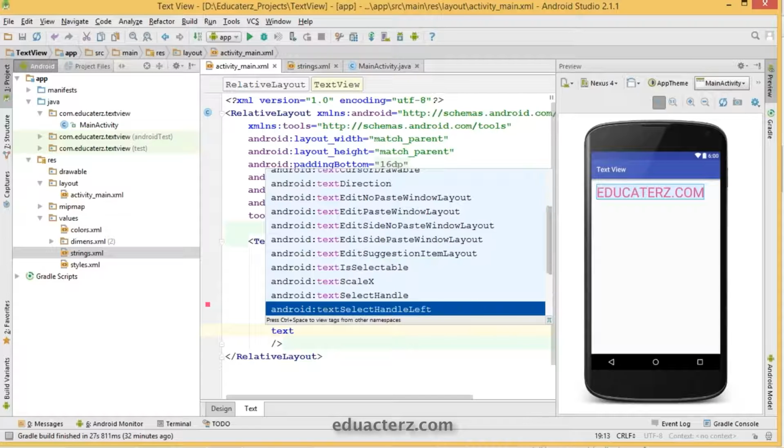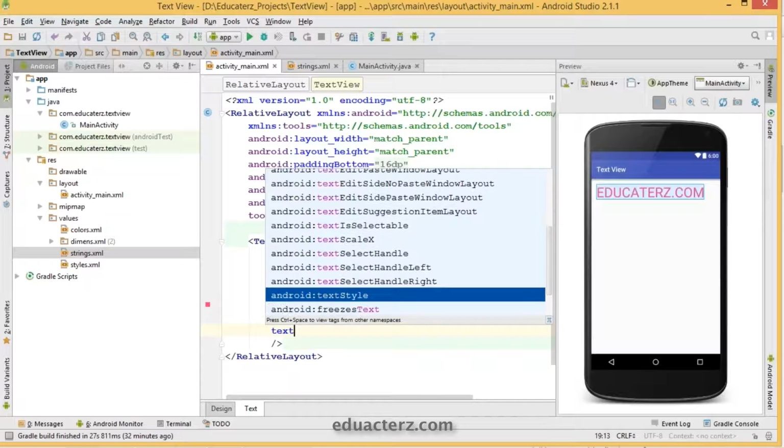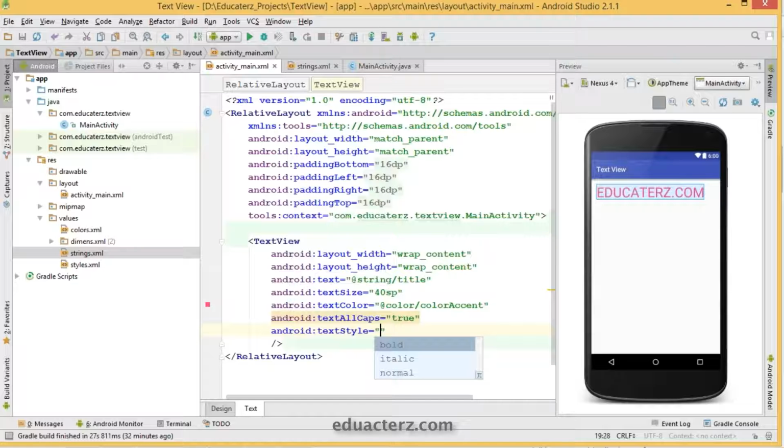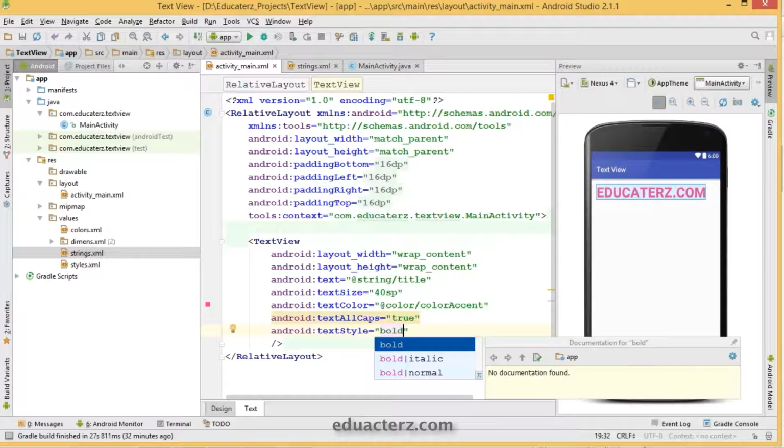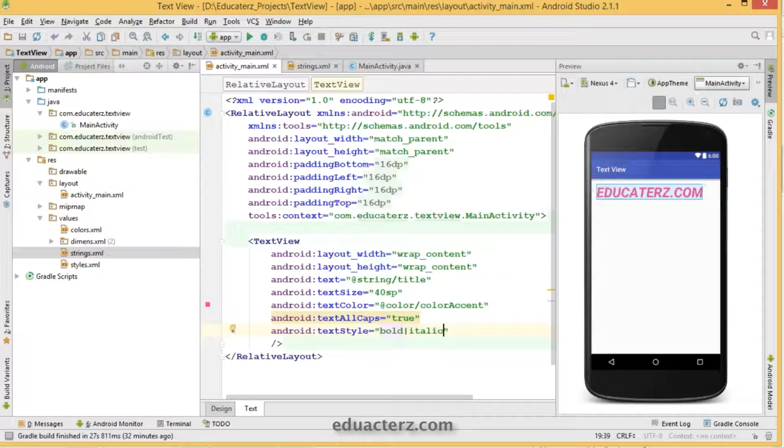All of these are the available options for us. Go to text style. The possible values are bold, italic, and normal. Let us say we have changed it to bold. And if you are expecting it to be bold and italic, just press control space. Automatically it will give you the annotations like bold and italic, so that text will be changed to bold italic. If you observe here in the preview, it has changed.